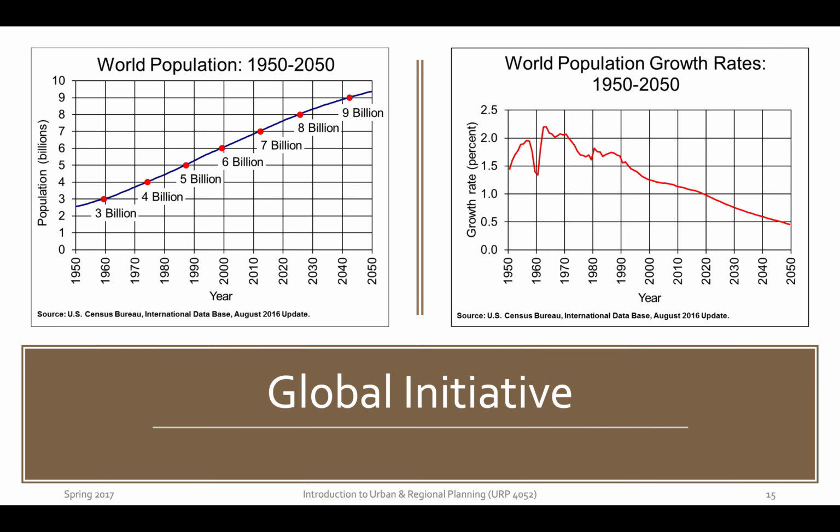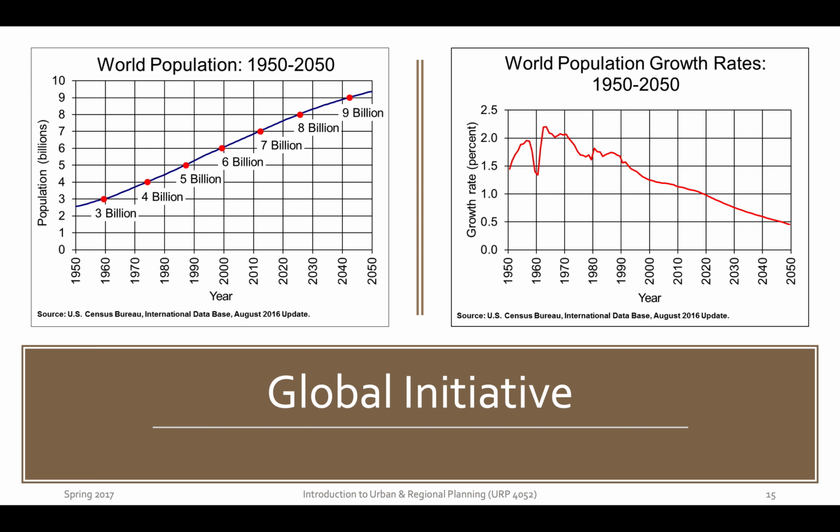Now, fortunately, the efforts have been working by whatever means to reduce the rate of increase, even though population numbers continue to grow. The charts you'll see on the screen show that trend. To slow down that trend, the UN adopted a set of 8 goals aimed at ending extreme poverty in all forms, since poverty spawns population growth.